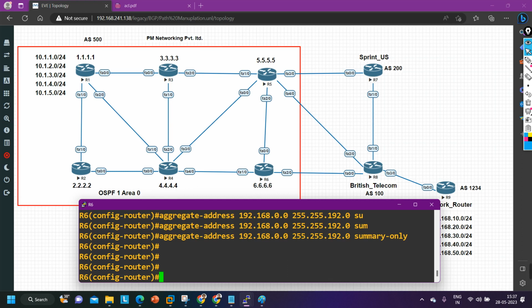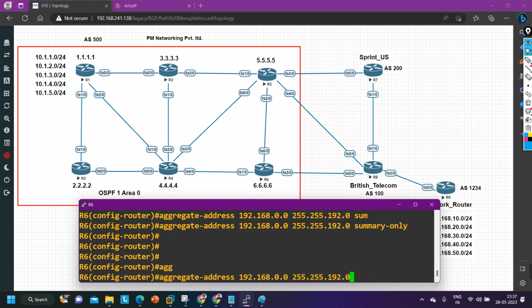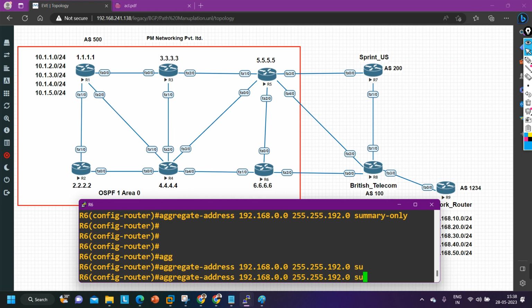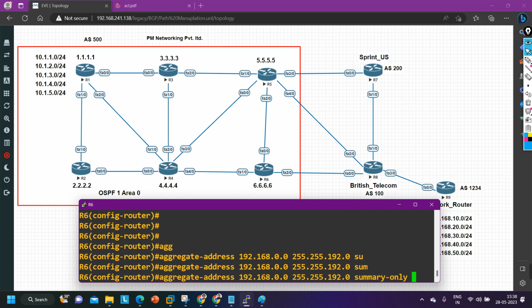Here I am going to say aggregate address, then 192.168.0.0 is the summary address, 192.192.192.0. After that, summary only, and here you can say set yes. Before running this command,